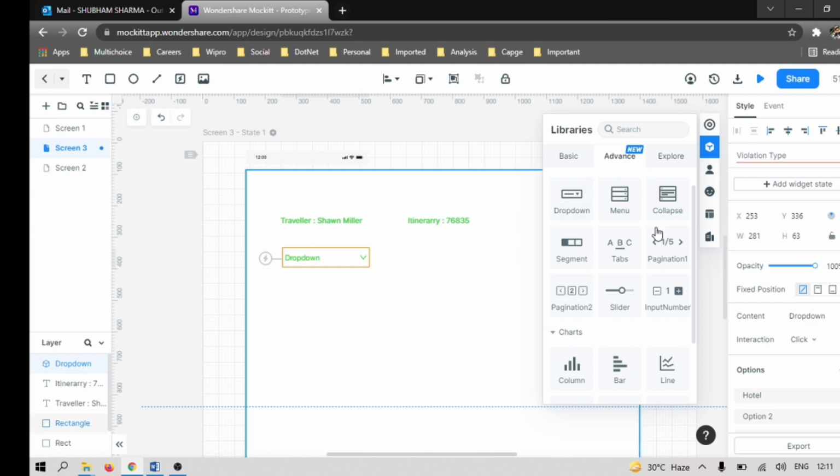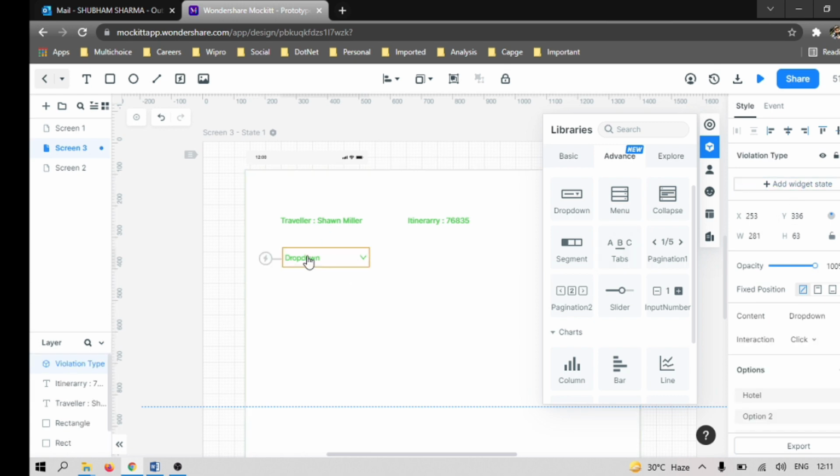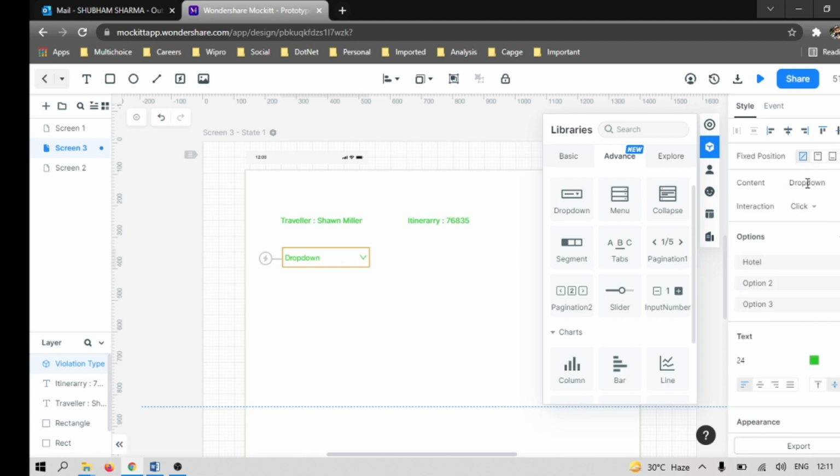Okay, so once we enter, it should get this. It is not changing, so this text we can change. Okay, violation type. Okay, so it will look like this.